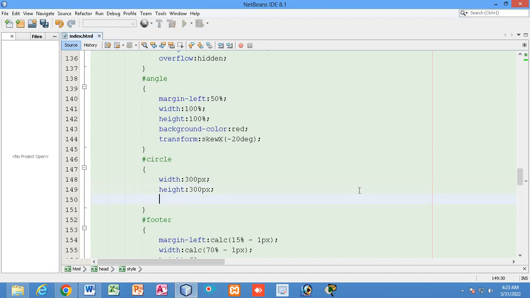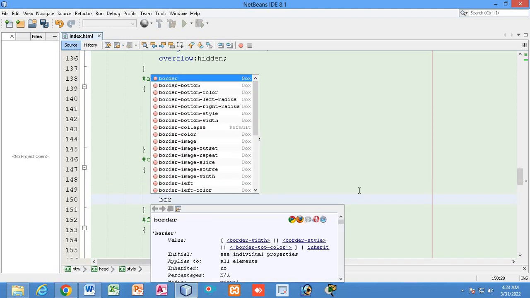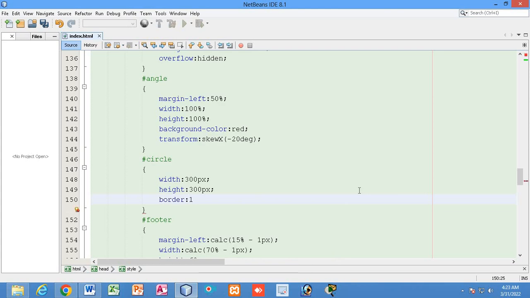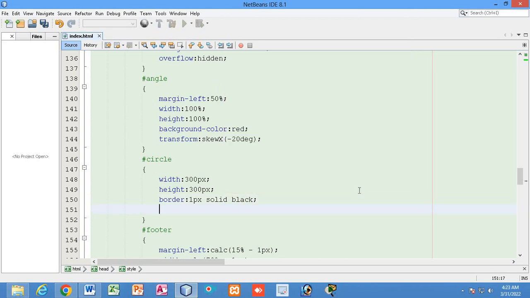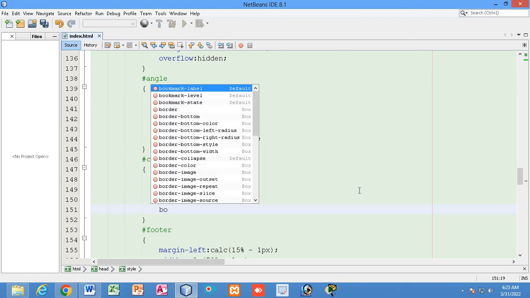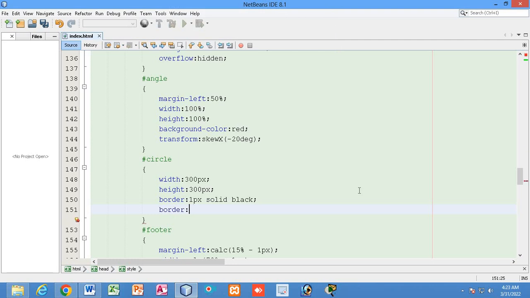And border will be 1 px solid black, and border radius will be 50%. If you give border radius 50%, then it will become a circle, right?